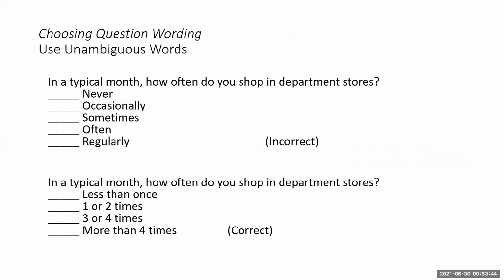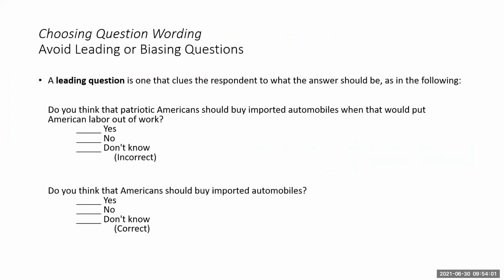Never, occasionally, sometimes, often. These are very confusing. What is occasionally? Suppose occasionally drinking soft drinks. For somebody, occasionally would be once a week, but for somebody it could be once a month, right? So terms which are very confusing should not be used, as they can cause the wrong kind of inputs to come in. Avoid leading questions. Don't ask questions wherein the answer is almost given and you know it is going to be the response that you want them to give.